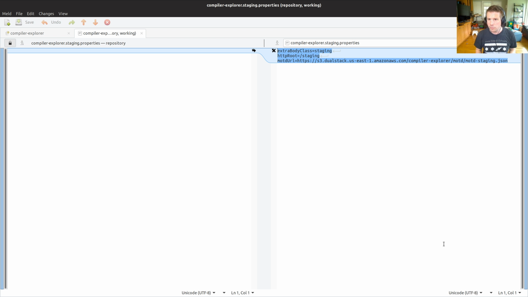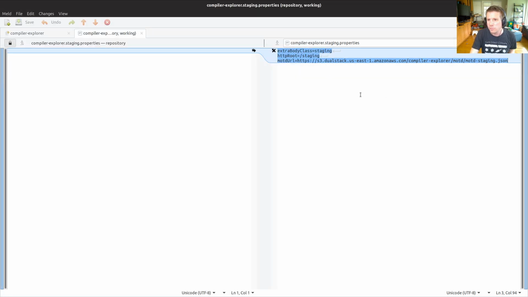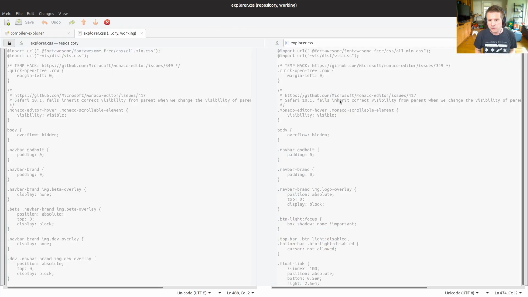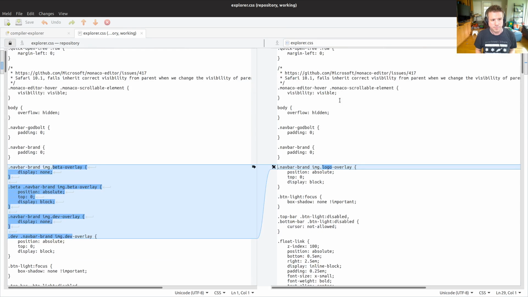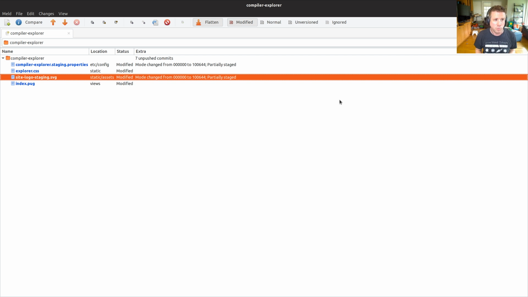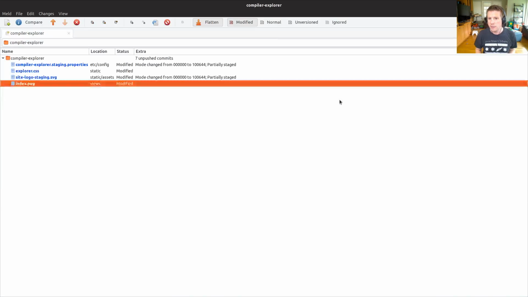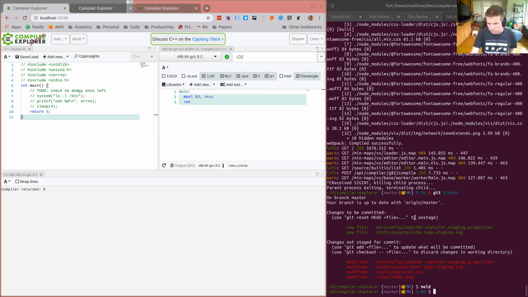Then message of the day looks good. I guess I should just check that. Oh no, we know that that's working because we just saw it. Here it is. Discuss C++ on the CPP Lang Slack. Wonderful. Okay, that looks good. Explorer CSS. We've just simplified that much better. We've added the world's worst logo and we fiddled that to do the needful thing. Okay, lovely. Right, we're going to do a quick release of this then.